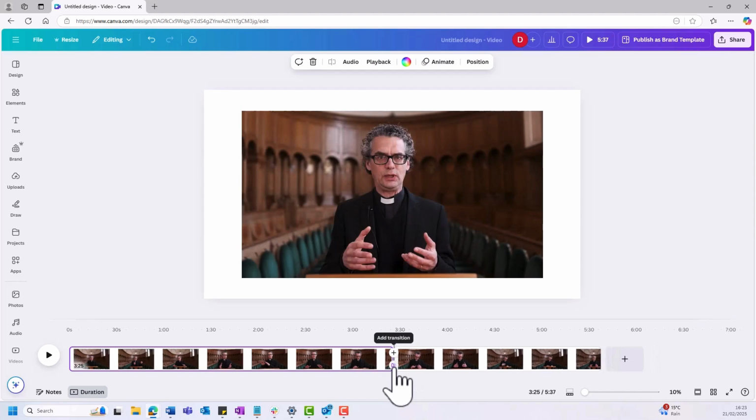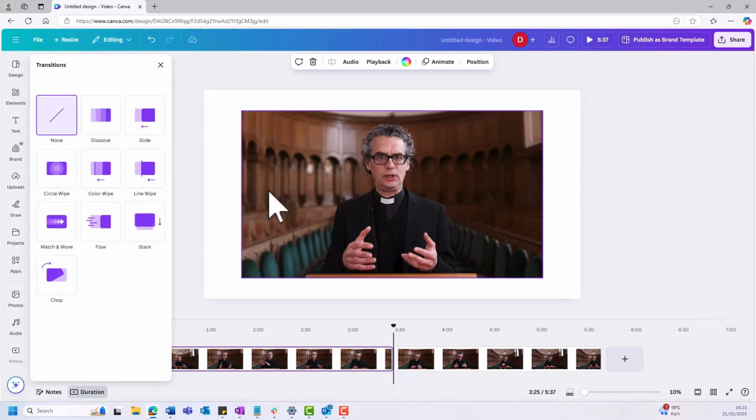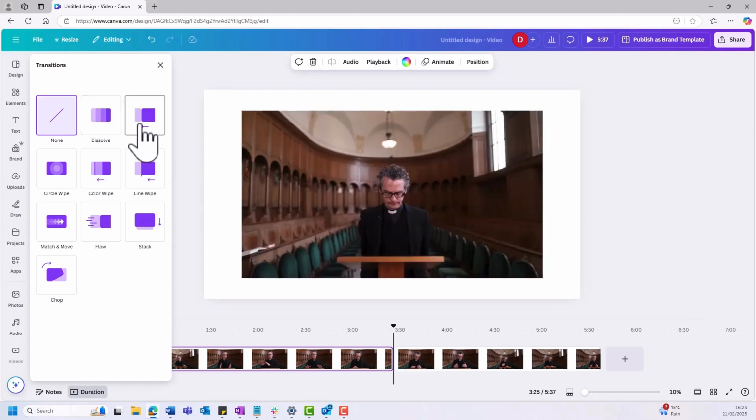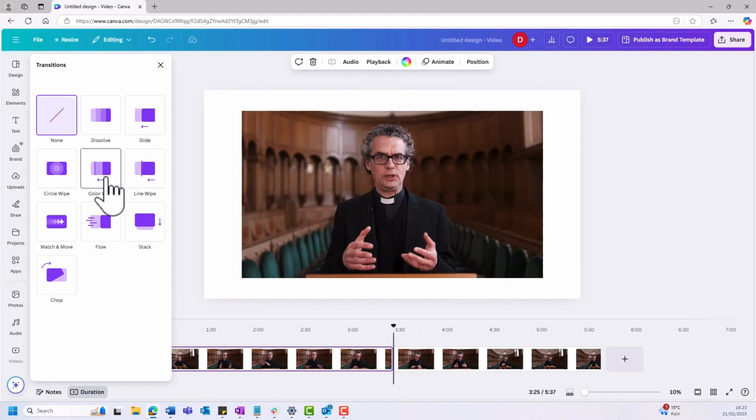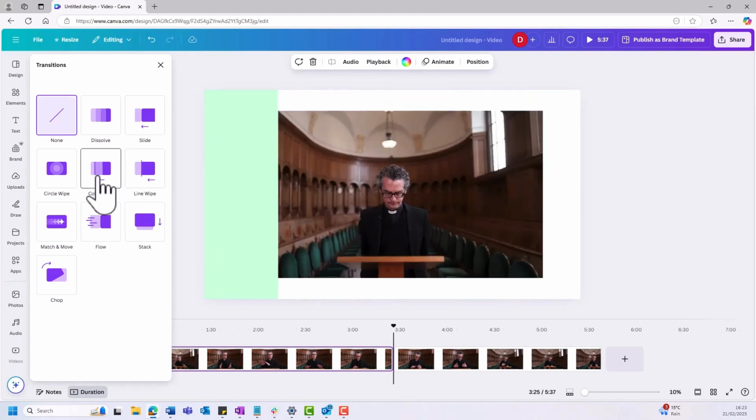And when you hover between the two sections, you see two options appear. One is to add a page and one is to add a transition. We want to click add transition, and then to the left we see various options appear, and when we hover over them we can preview what they look like. So this shows us dissolve, or slide, or line wipe, or color wipe. So we just select the one that we want, for example color wipe,